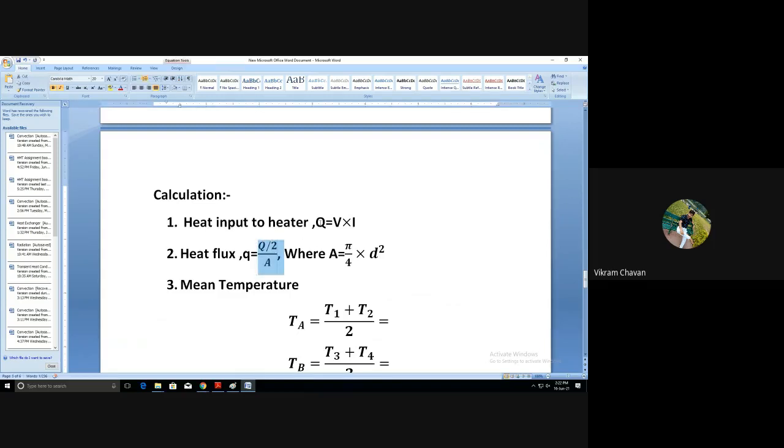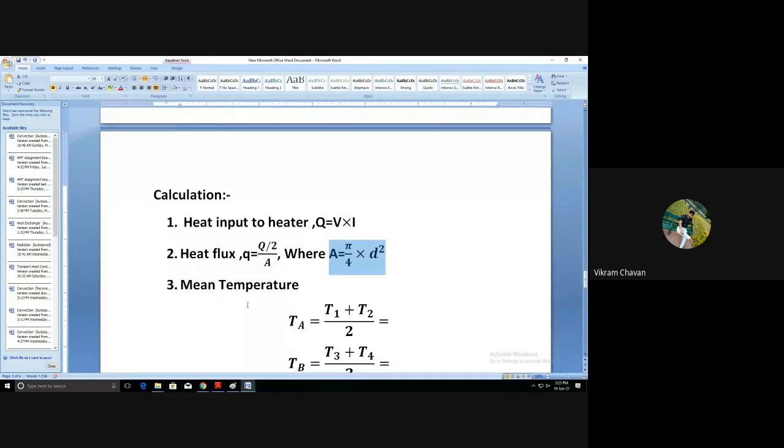Okay, one side total heat transfer is Q, that is nothing but V by I. The amount of heat transferred in the upward direction for the upward composite wall will be considered as Q by 2, and the amount of heat transferred in the downward direction, for the downward side composite wall, will be considered as Q by 2. So in that case, the heat flux, that is nothing but heat transfer rate per unit area, will be given as small q equal to Q by 2 divided by A, where